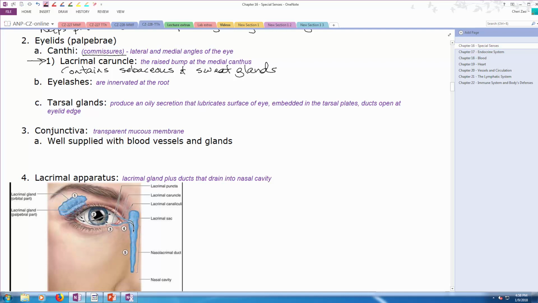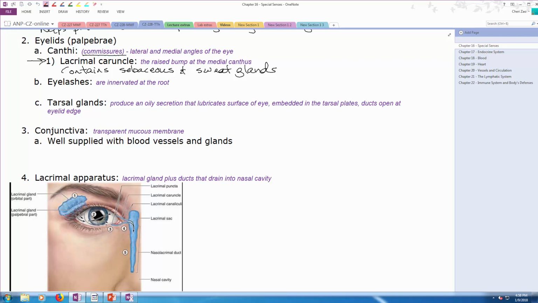Because the lacrimal caruncle sometimes can get a little bit overactivated and overstimulated, it can produce what's called sand or grit in your eye. When you wake up in the morning, you'll find a collection of that in those areas, and it's coming from that lacrimal caruncle. We have eyelashes also associated with our eyelids, and they are innervated at the root,